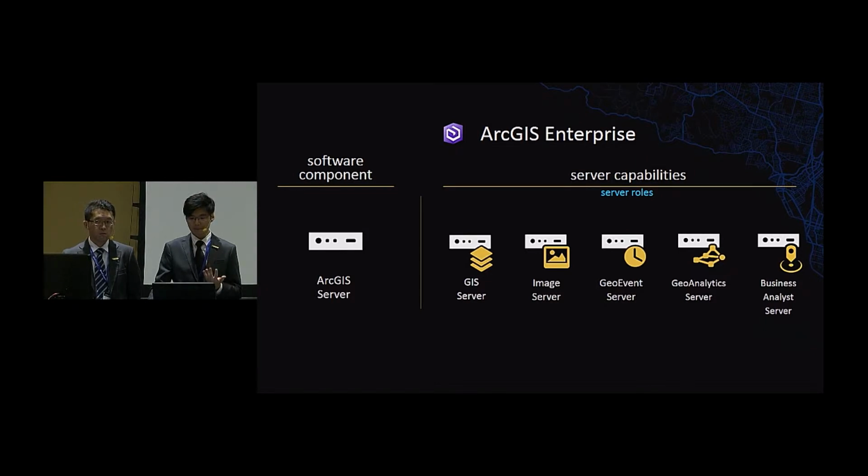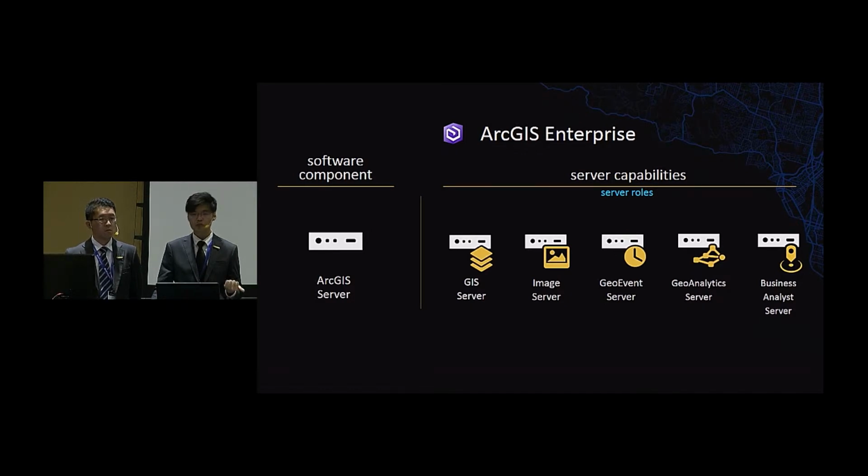So this diagram shows a single software component you install called ArcGIS Server. And this has 5 roles that it can now take depending on what license you apply to it, and boom, it will gain different capabilities. Amazing, right? So, talking about capabilities, the GIS server role is what most of you are already familiar with when you think about traditional ArcGIS Server capabilities, like your mapping, features, geocoding, and we have now additional server roles,